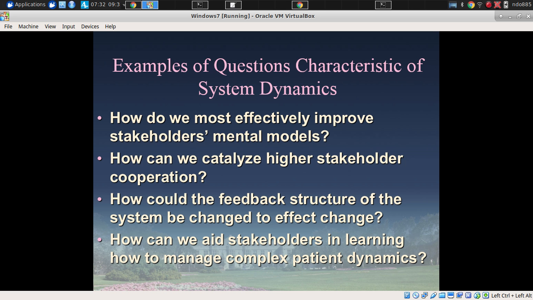Some of my earliest work in system dynamics, 1993, 94. Kurt was not my grad student at the time. I was applying back then. What's that? I was applying for it back then. Yeah. We were doing work for